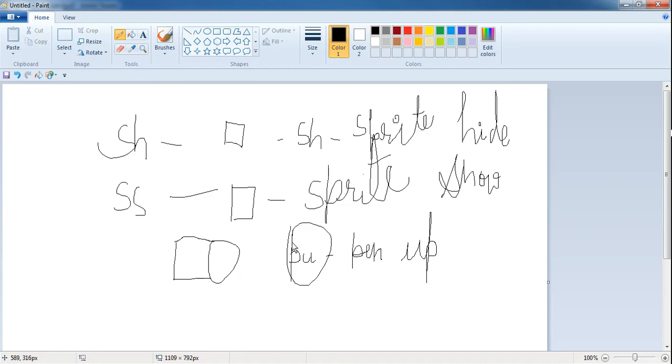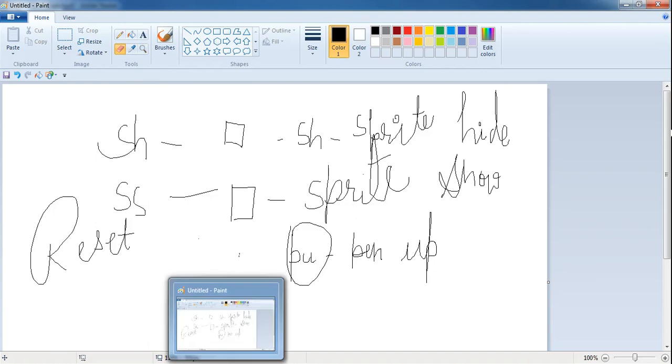And after that I am going to talk about reset. If you want to reset all the things on the canvas area, you have drawn something on the canvas but you want to delete it, then you use the reset command. Like in daily life we use the eraser. If you have made any mistake, then you use an eraser. Here you use the reset command. It will erase each and every drawing from the canvas area. So here we are going to use some sort of commands.